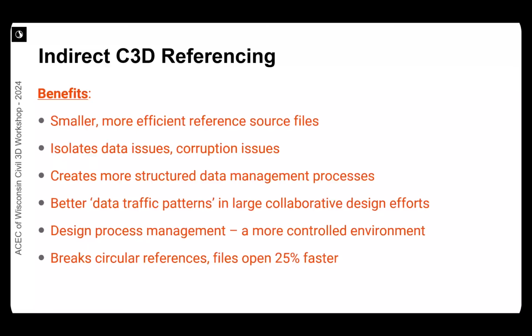So with the derefs, no matter how many data reference objects existed in the active file that we were working in, when we created deref source file exports from that file, it would create individual DWG files for each of the deref objects that we wanted to create a source file for. So if we had a corridor, 2 pipe networks, 3 surfaces, all natively hosted within this model file, when we run the deref utility, it potentially, depending on what the user selected for export options, would create an empty DWG file and bring the corridor into it, an empty DWG file and bring the surface into that one,